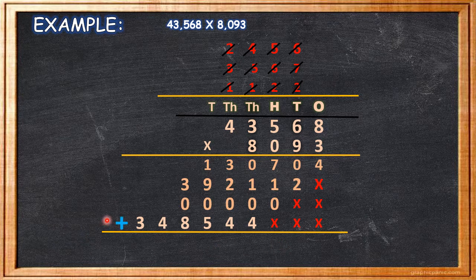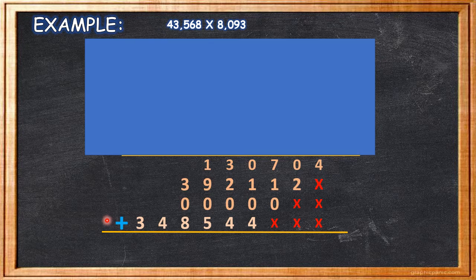What are we going to do now? We are going to add. Okay, forget about this now. Now remember this part only. So 4 plus 0 plus 0 plus 0. So what will be here? 4. Now add tens column. 0 plus 2, 2. Write 2 here. Now hundreds column, add 7 plus 1, 8. 8 plus 0, 8 here.